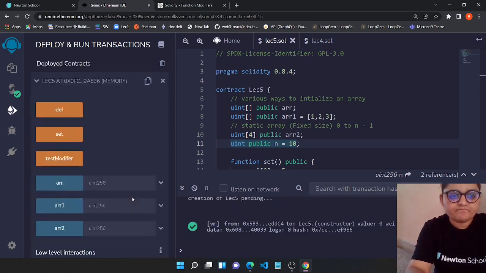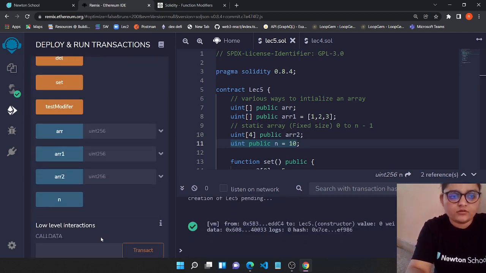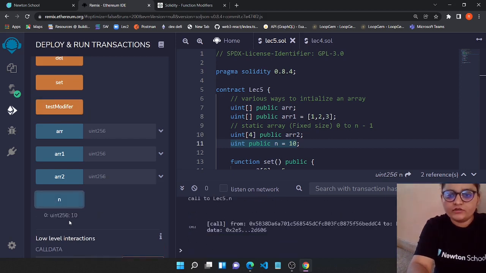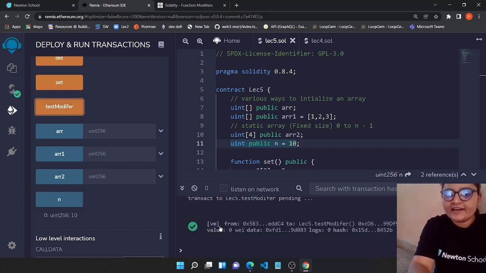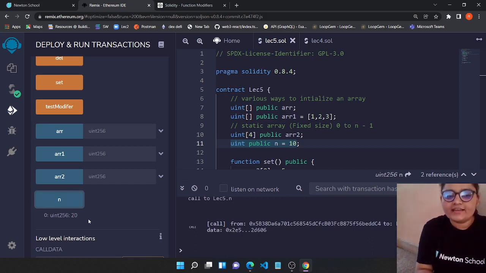So when I click on n, we have the value 10, and as soon as I click on test modifiers, it gets executed. And now when I click on n, it's 20.